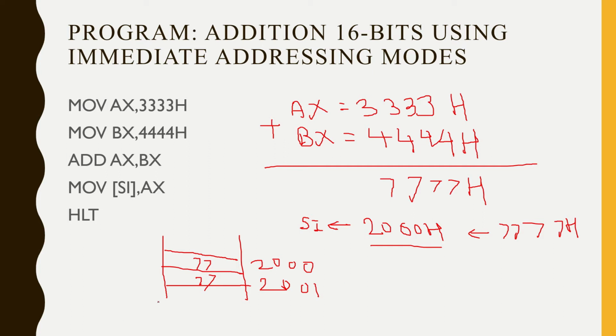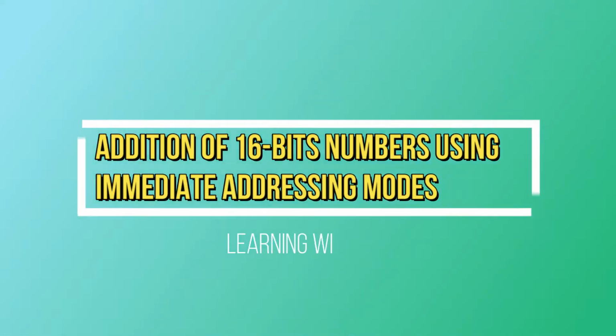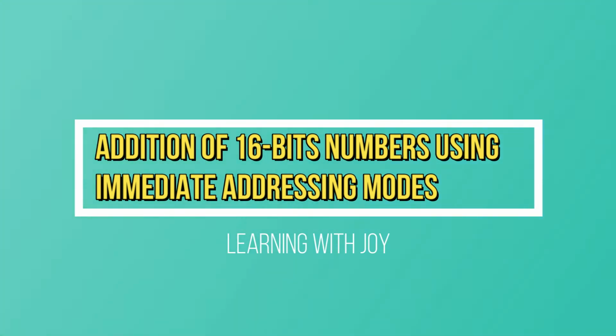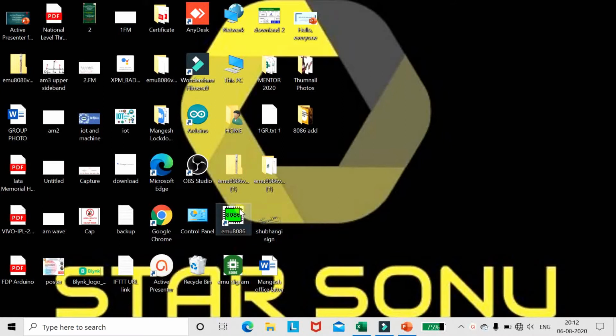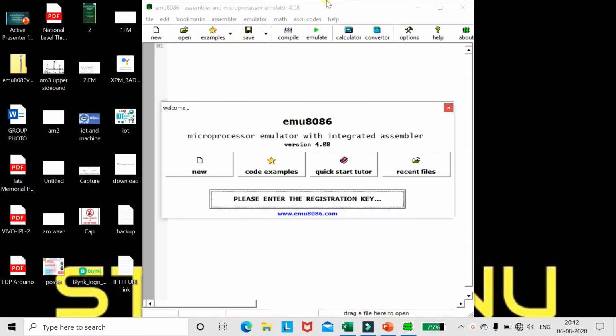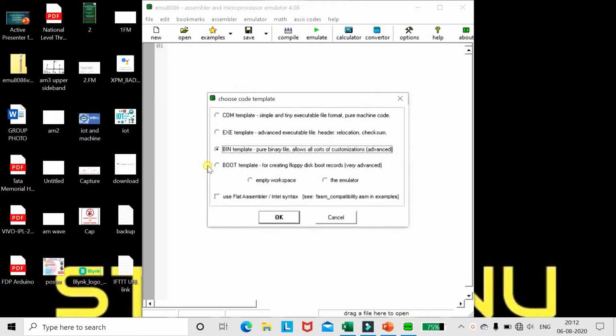In a previous video we have done the download and installation of 8086. Now we will start with the coding in emulator 8086. To do it, this window will get open. Now click here on New. Once you click on New, click on the third option, that is bin template.